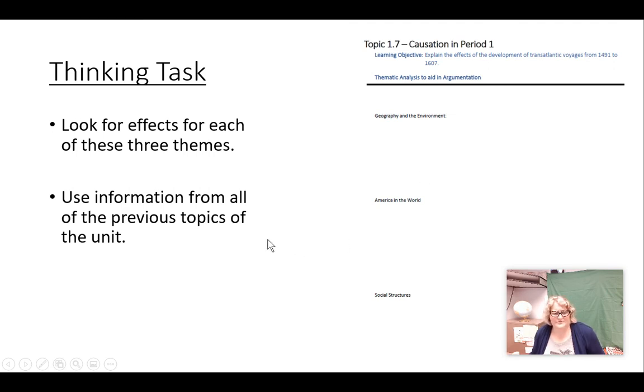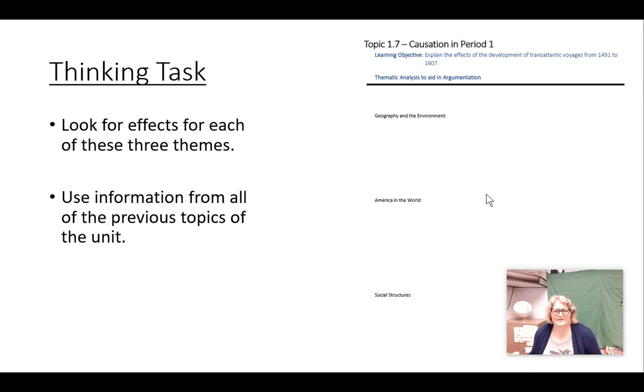You're going to use information from all of the topics in the previous unit. Your note sheet looks like this note sheet right here, this topic 1.7. It's in class notebook, and I also handed it out hard copy when you picked up your materials. So I want you to use this note sheet to help jot down ideas, help come up with some ideas for this. And then the final assignment for this